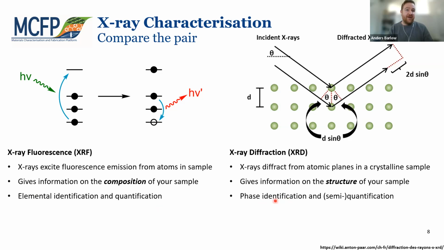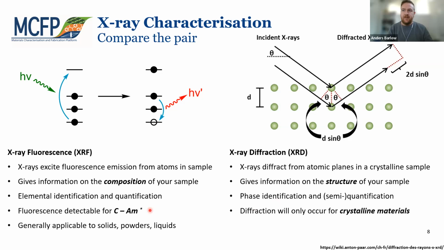And here we get phase identification and semi-quantification of the amounts of those phases, or quantitative amounts if you take it a step further as well. In XRF, we can detect fluorescence from anywhere from carbon up to americium, depending on the technique, depending on sample preparation. There's a few caveats there to think about, but it covers the broad range of